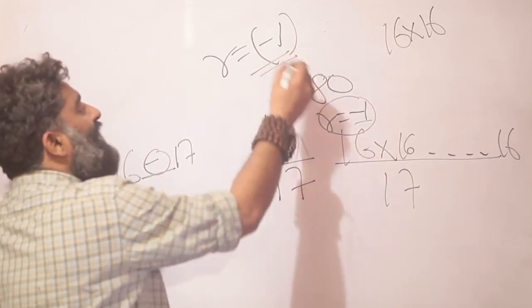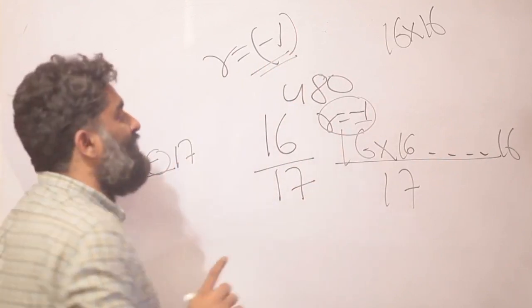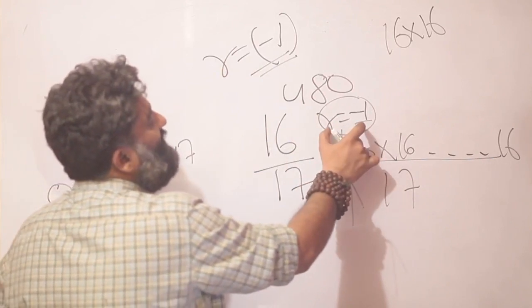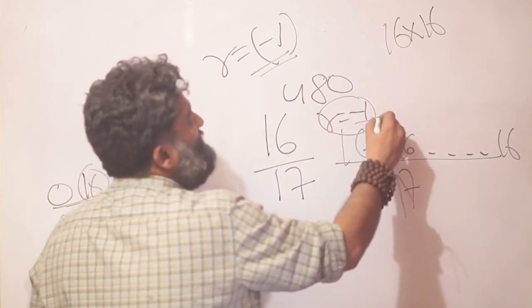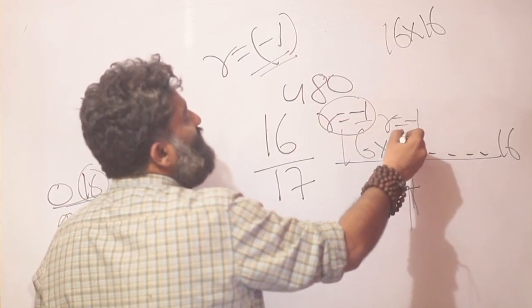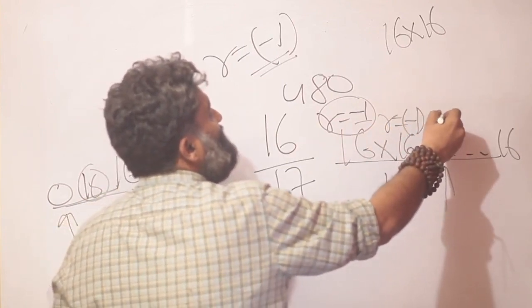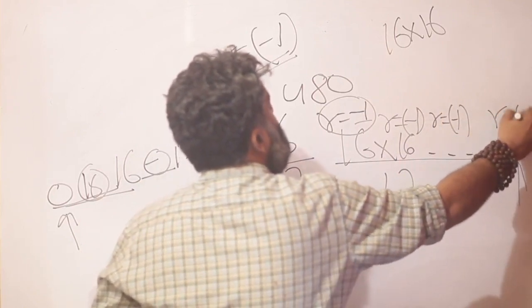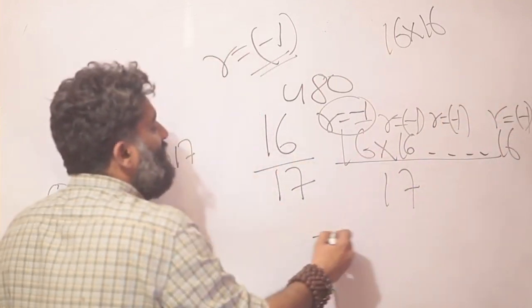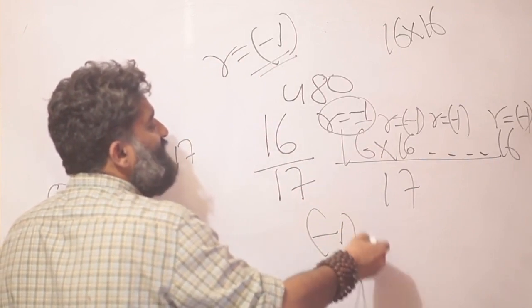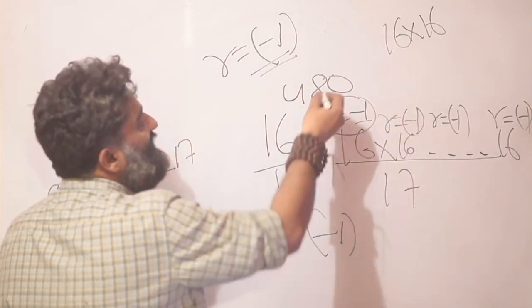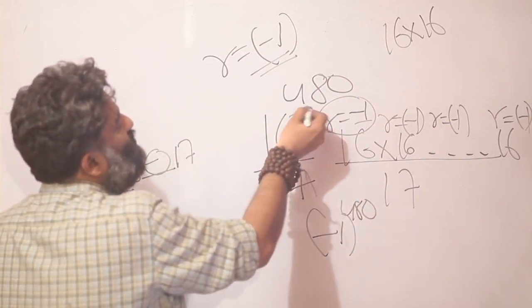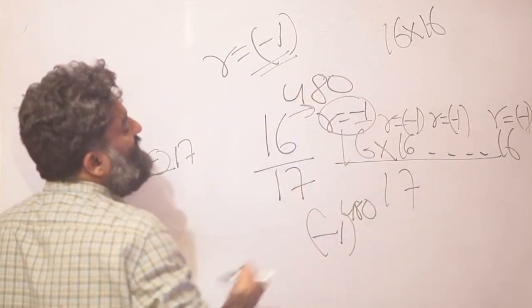Again, the idea having been covered in the previous video, so not going into too much detail. If you get this idea of remainder of minus 1, life would be very, very easy. The second 16 will also give you a remainder of minus 1. The next 16 will also give you a remainder of minus 1. And even the last 16 will give you a remainder of minus 1. So what will you have? You will have minus 1 into minus 1 into minus 1. How many times? You will have it 480 times, because those many 16s were there.